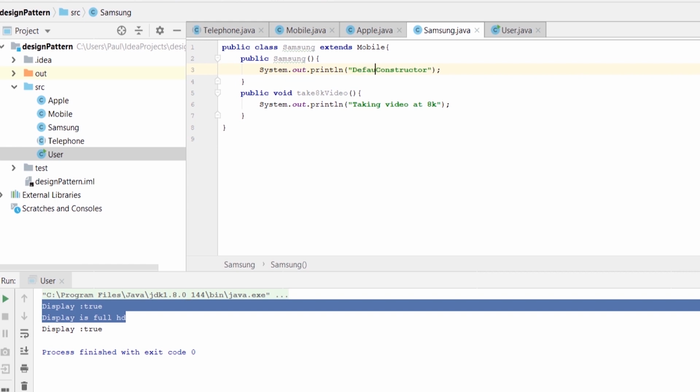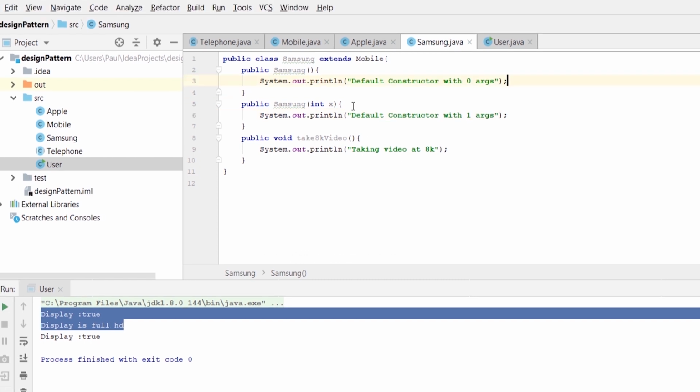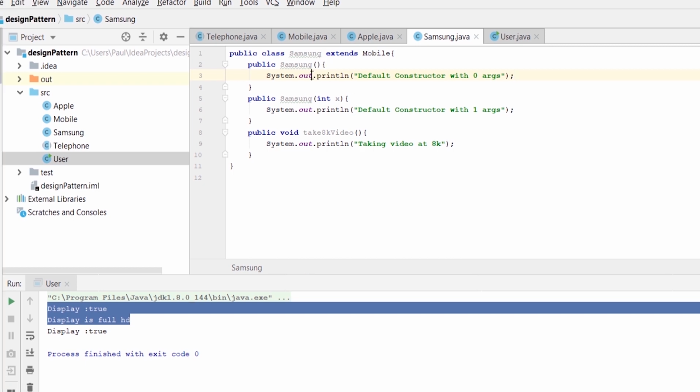So we had a default constructor with 0 arguments, and if we want to overload it, we will pass two parameters like integer x comma integer y, or even one parameter with one argument. So why have the methods or the constructor been overloaded? To specify some functionalities. Like in this case, we can initialize it with